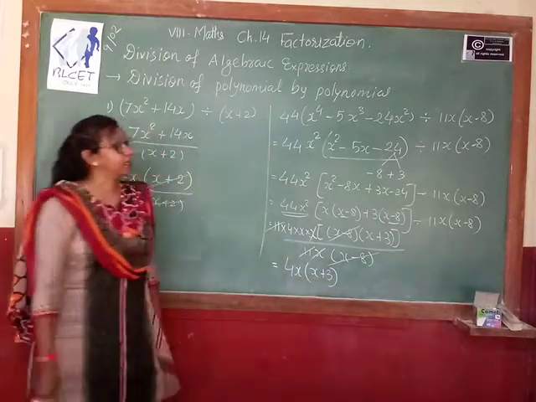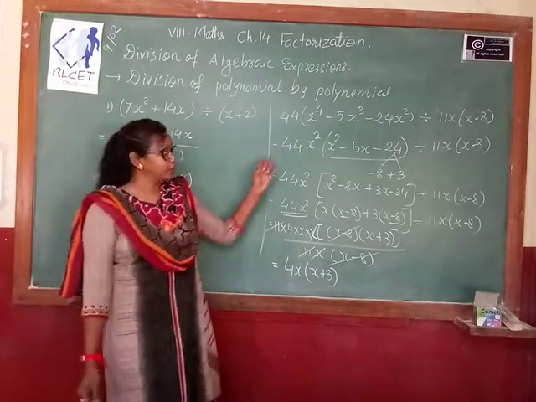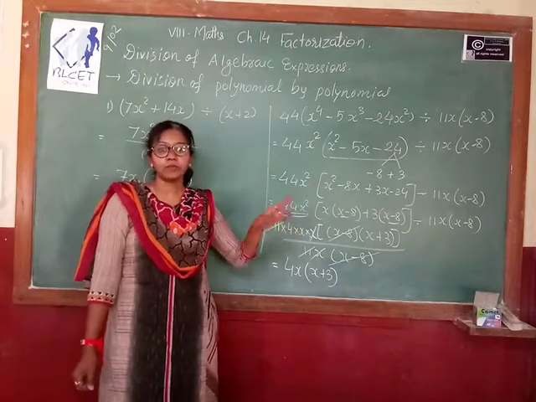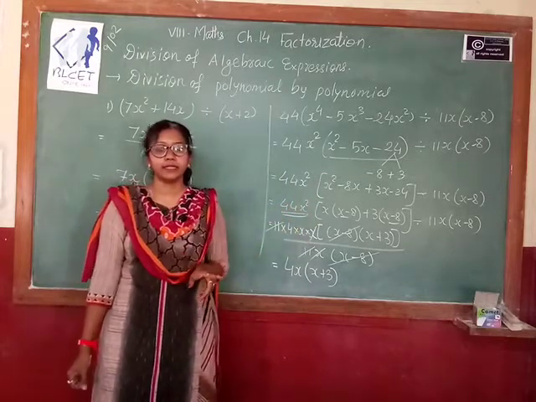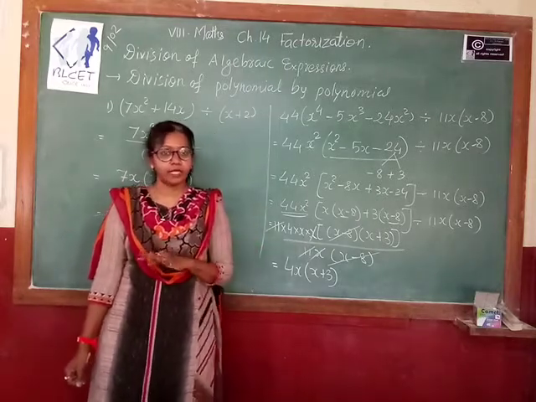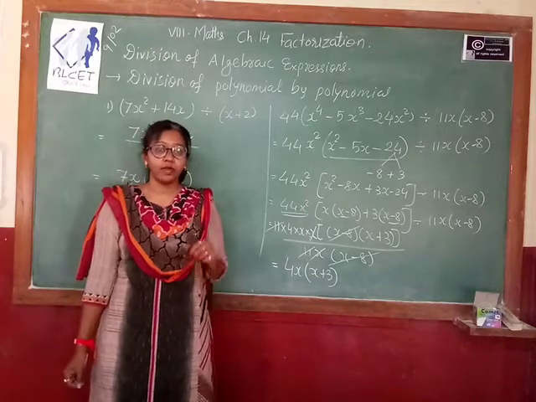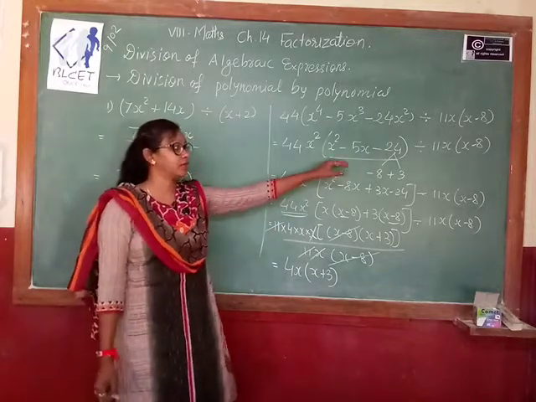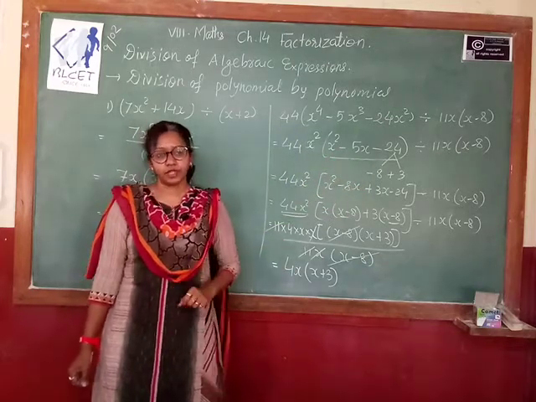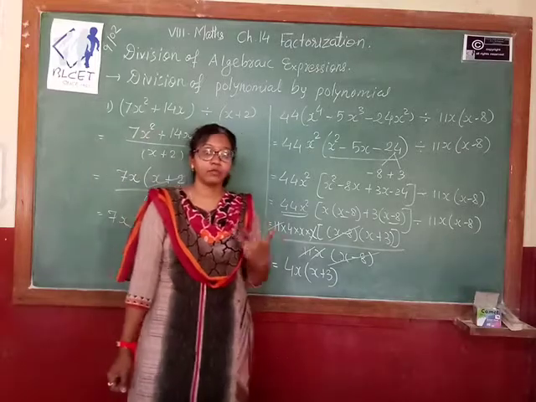So this way we can do the method. You have to be a little bit careful when you solve this question. In the question itself, anytime you have to use the identities, whether it's a minus b whole square, a plus b whole square, a minus b into a plus b, or x plus a, x plus b. All the four identities you have to remember, and in between also you have to use those particular identities to do the factorization. So you have to remember all the identities and how to use them.